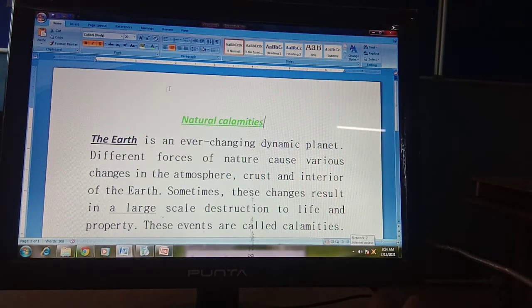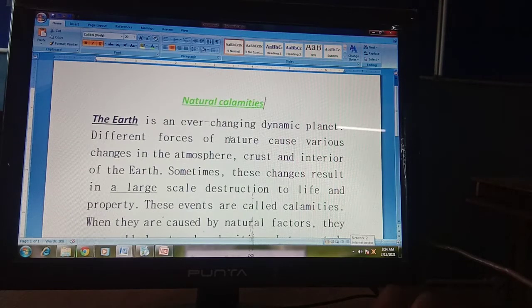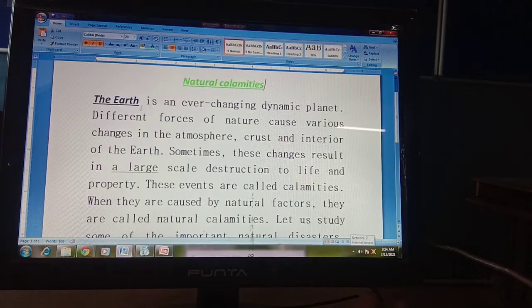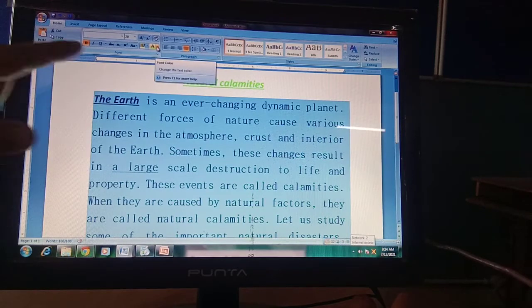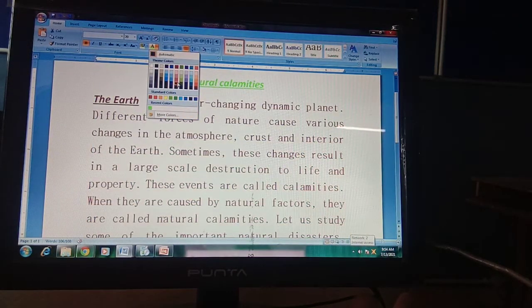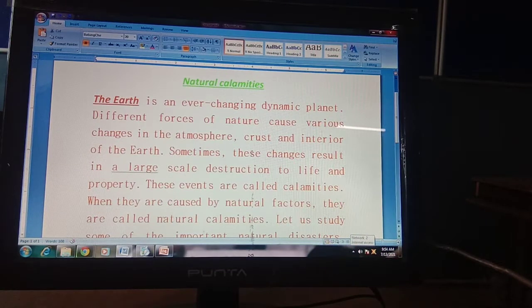Okay, clear to everyone? So this is your way to change the text color. So how to change the other text color? Okay, first of all we need to select the paragraph. Now my paragraph is selected. Now go to the font group, in the font color option, and choose the appropriate color in which you want your text to display. Okay, so for example this color I am using. So this color is used for displaying my text that I have typed. So how to change the color of the font is done.